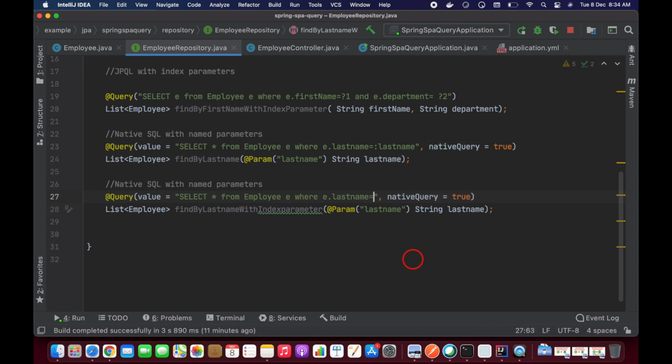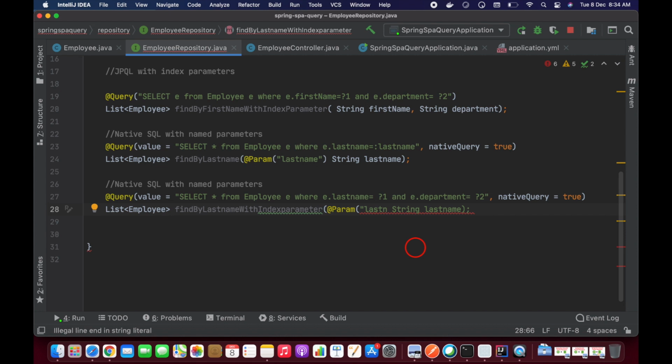The first index parameter, and I want to check department as well, so let me take e.department equal to, which is the second index parameter. Here @Param is not required, because these are not named parameters.